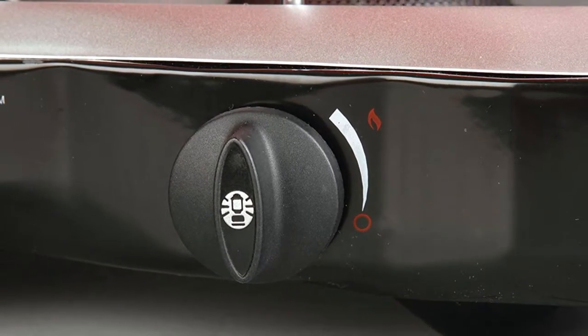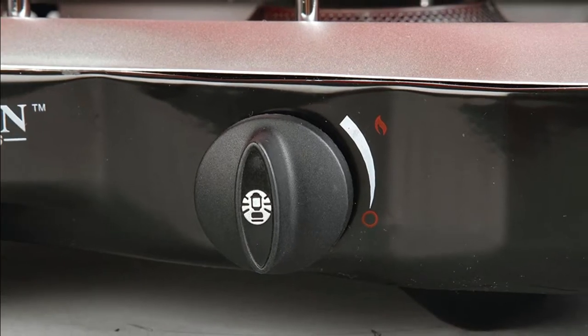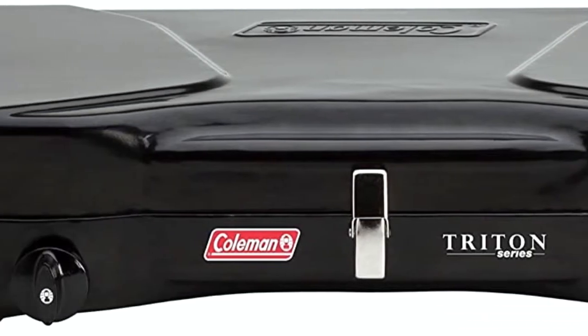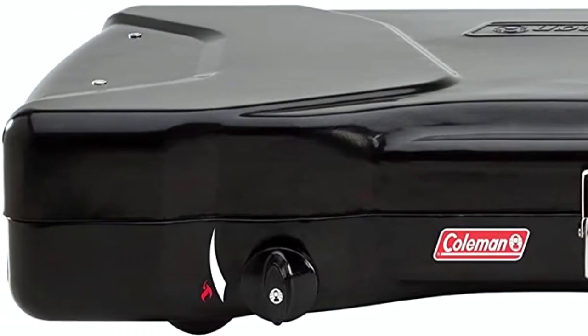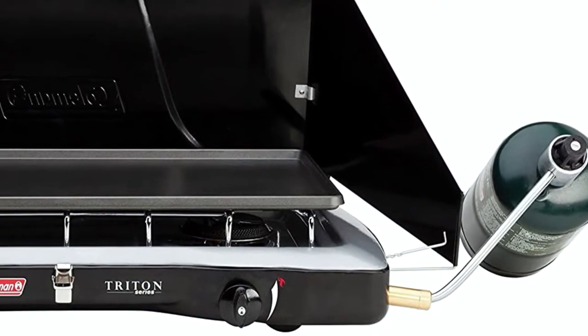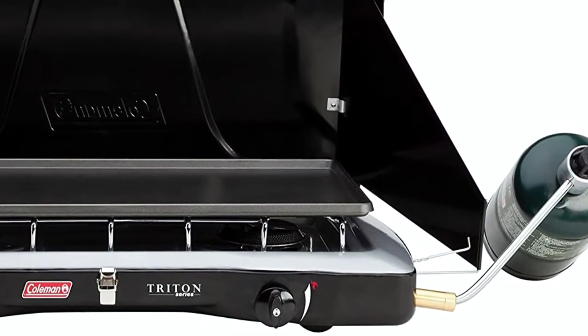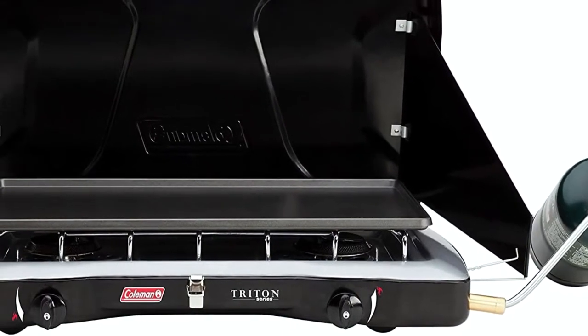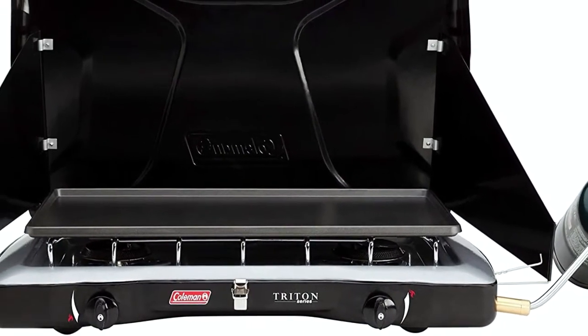The temperature dials are sensitive at the lower end, which means simmering takes a little finesse, but it's definitely possible. Opening up the stove and putting it together was easy. You do have to provide your own spark, so make sure to bring a lighter. On average, it took around 4 minutes to get a couple cups of water to boil, but on windy days